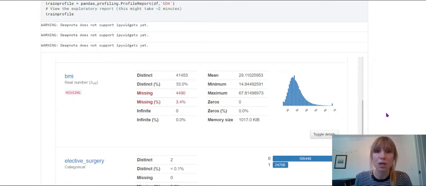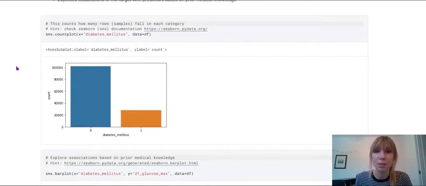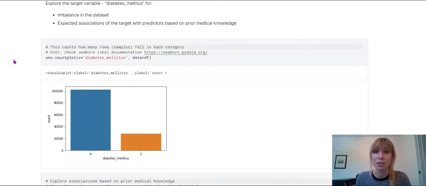Next, we can explore our target variable, diabetes mellitus, to see how many patients in the dataset have diabetes or not. This is important to know in order to understand the imbalance in the data. This will be important for modeling because if our dataset is very imbalanced, like it is here, if we just make a really silly model that always outputs a 0 for every patient,